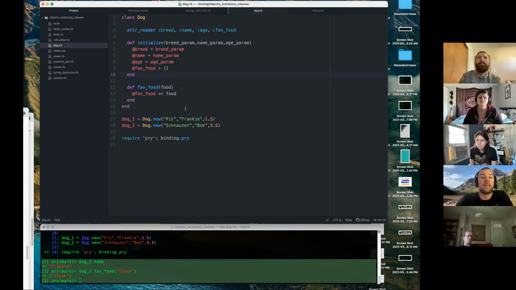And the other thing I would say is, because you defined fave food as an attr_reader and an instance method, Ruby's going to get confused by that. So I would take it out of that instance method. And remember to never leave a trailing comma. Great job there. Now you've defined methods called breed, name, and age as attr_readers. And just to bring it back, the way that name was defined before is essentially exactly what's happening by defining it as an attr_reader. All it does is give us method access to whatever the value of the attribute is